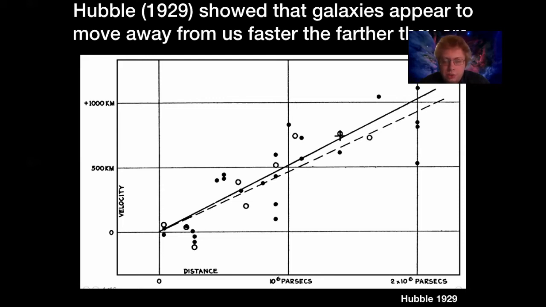The first of these is that almost all of these galaxies seem to be moving away from us. Only a handful seem to be moving towards us. The other thing that he noticed, which is perhaps the most important part, is that the further away you are, the higher velocities you get. So these galaxies over on the right-hand side that are far away from us are moving faster away from us than the closer by ones are.